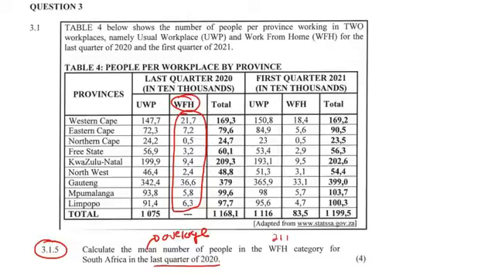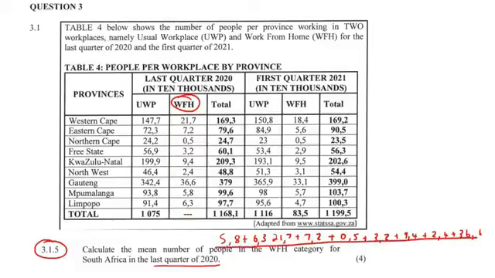So 21.7, 7.2, 0.5, 3.2, 9.4, 2.4. I'm just adding all of these numbers together. I'm running out of space, so if you don't mind, I'm just going to add the numbers in the front. So 36.6, 5.8, and 6.3. You would then add all of that together and divide by how many numbers there are. So 1, 2, 3, 4, 5, 6, 7, 8, 9, which makes sense because there are 9 provinces. And then if you work this all out, we should get